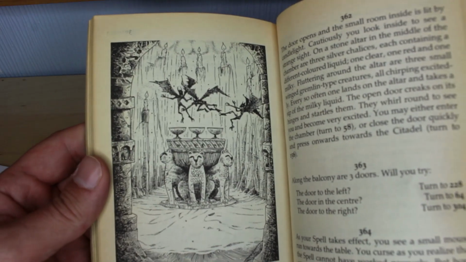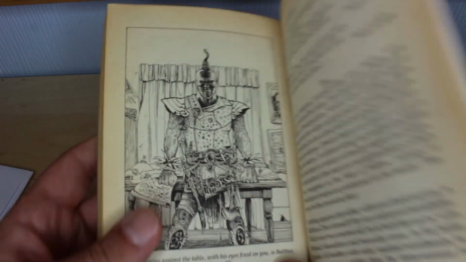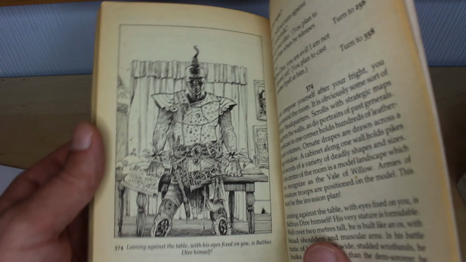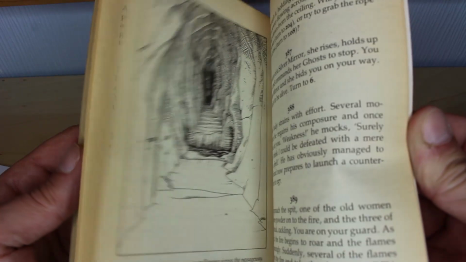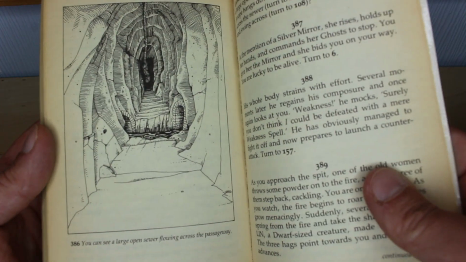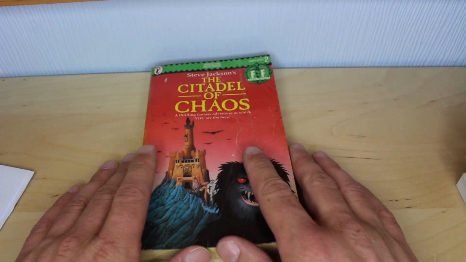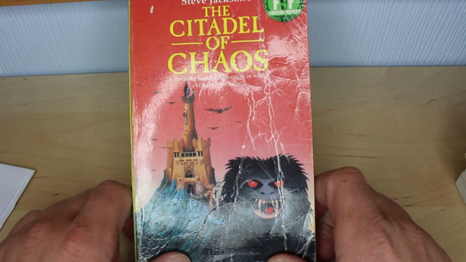And then back to the slightly lackluster artwork. And then whatever this is. It's a strange mix, the artwork, isn't it? Sometimes it's really detailed, sometimes it's got very little detail, sometimes it's got a strange combination of both. I just don't get it, and I think that is literally the second last picture. And then we've got this... a large open sewer flowing across the passageway. Well, yeah, I'm just not loving the artwork,